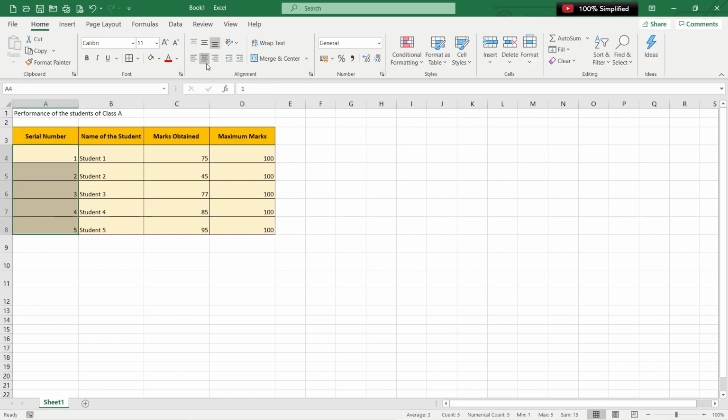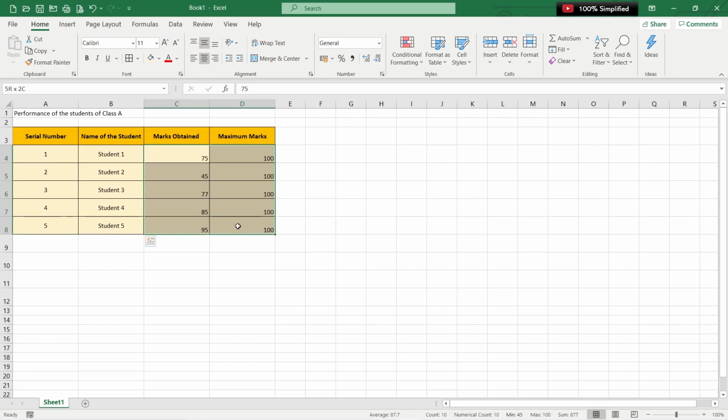Let me do this alignment on this column as well. If I select this entire column, let me bring it to the center. Perfect. Similarly here, let me bring it to the center. Perfect. Similarly here, let's bring it on. So if you see now, the data also looks like it's placed equidistant, and I think it looks much better. So this is how you can actually make your data look visibly better.